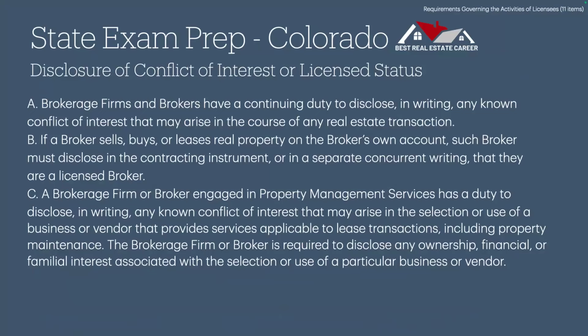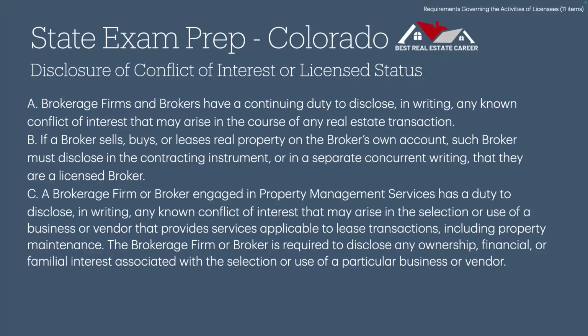If a broker sells, buys, or leases real property on the broker's own account, such broker must disclose in the contracting instrument or in a separate concurrent writing that the broker is a licensed broker, and a brokerage firm or broker engaged in property management services has a duty to disclose in writing any known conflict of interest that may